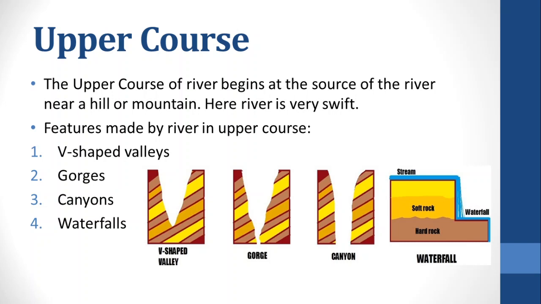Rivers erode the rocks and form a valley, which is known as a V-shaped valley. When the V-shaped valley is eroded further and cut through, it is known as a gorge. The river enters the plain after cutting the valley. That means it enters the plain through the gorge. Canyon: when gorges are cut down by the river and form an I-shaped valley, it is known as a canyon. The Grand Canyon was formed by the Colorado River.